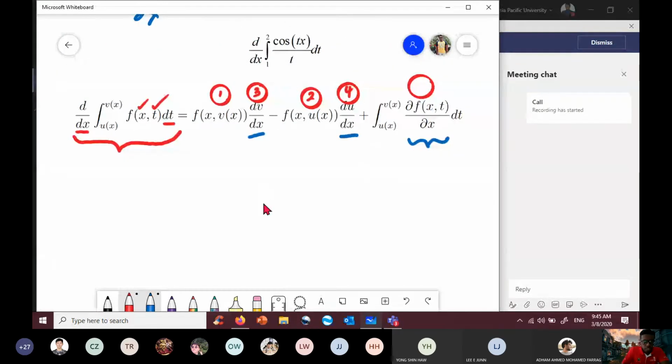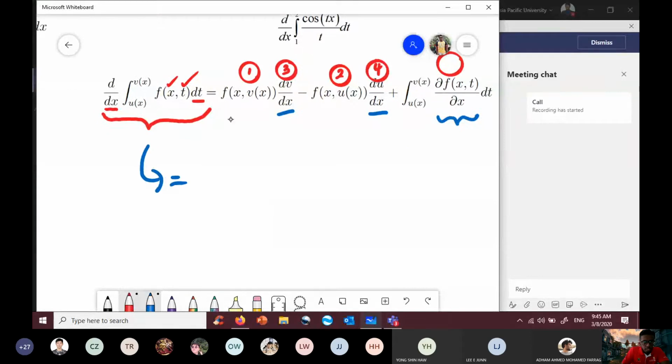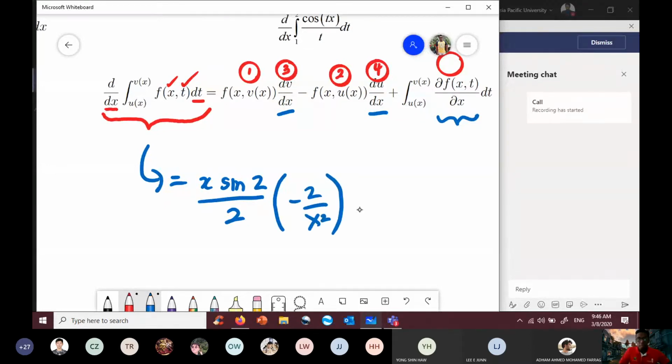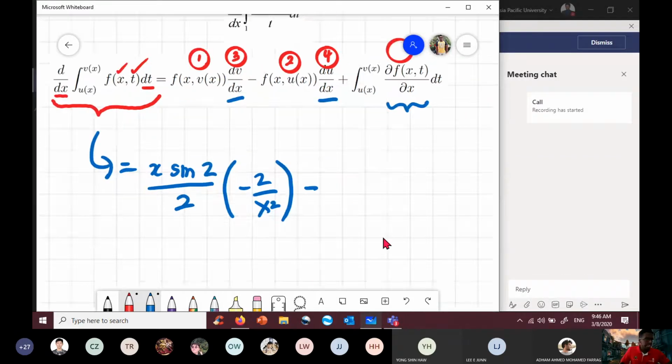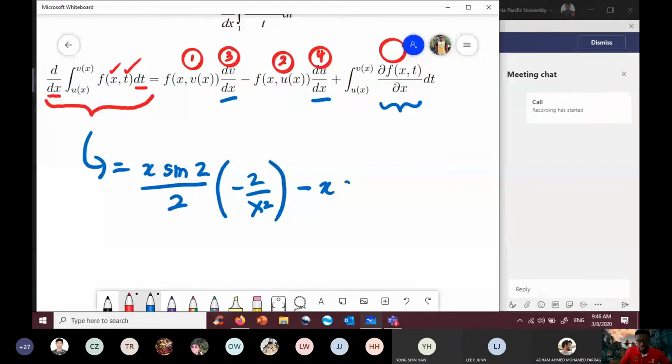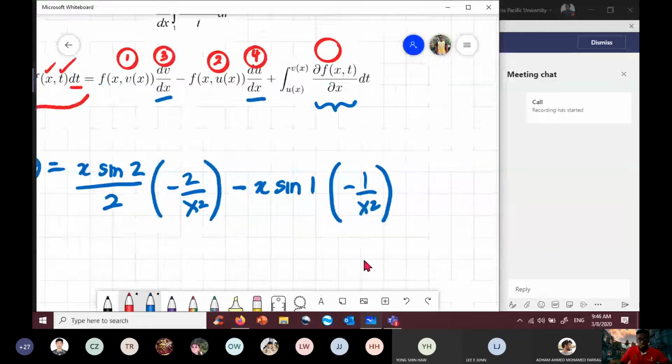So according to the formula, the whole thing is equal to fxv. My fxv just now was x sine 2 over 2 times dv over dx. dv over dx just now I got negative 2 over x squared. Okay, minus fxu. fxu I got as x sine 1 just now. And then du over dx, just now I had negative 1 over x squared. Okay, plus,